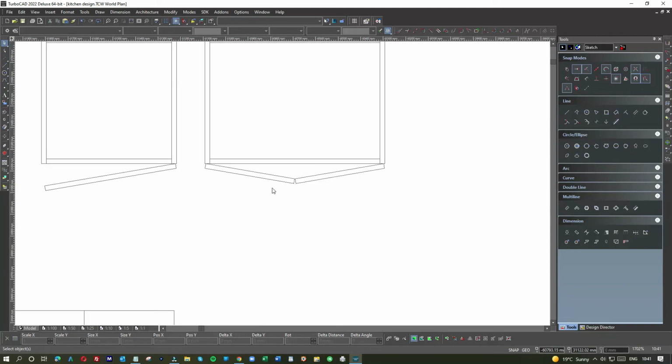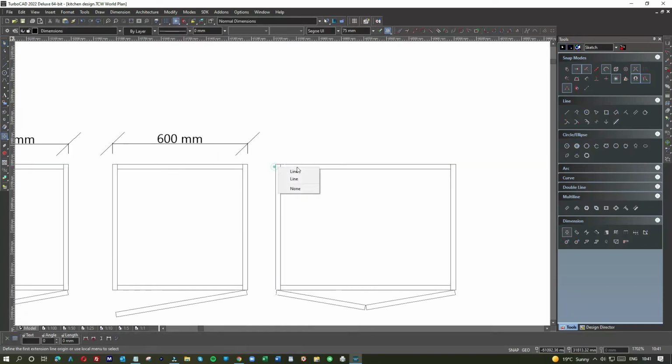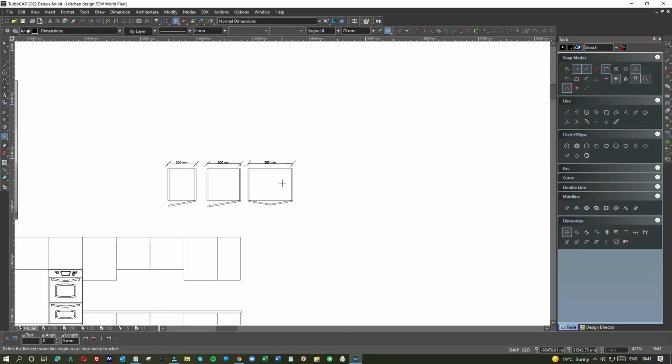So now you've got an 800 unit. Do you know how to measure that? Let's just do it. There you go, 800, and that's a base unit. So, 800 base units. My view is that if you're going to be doing quite a few kitchens, then